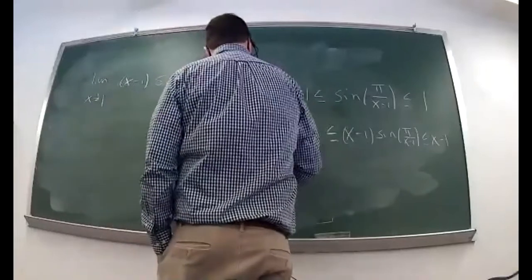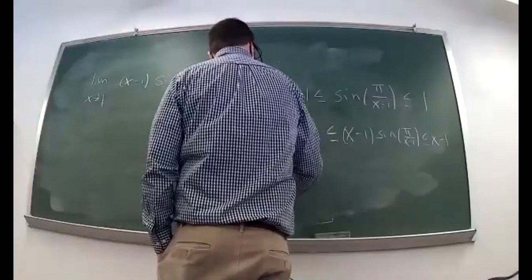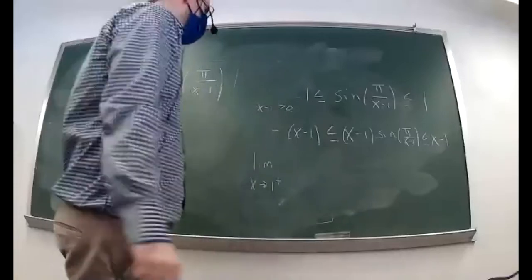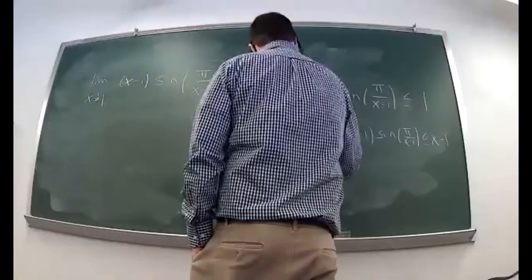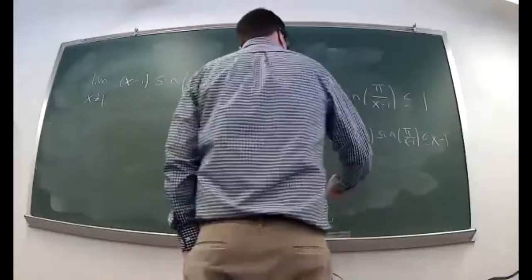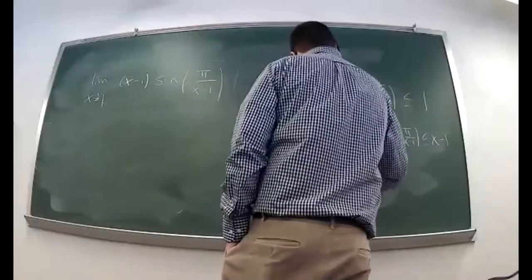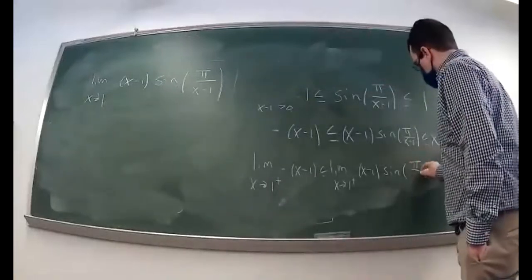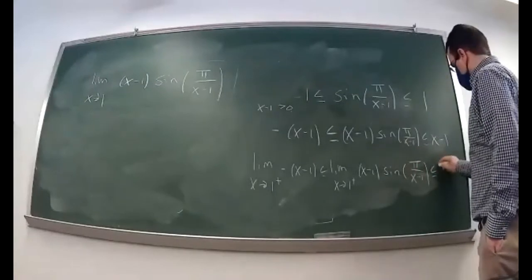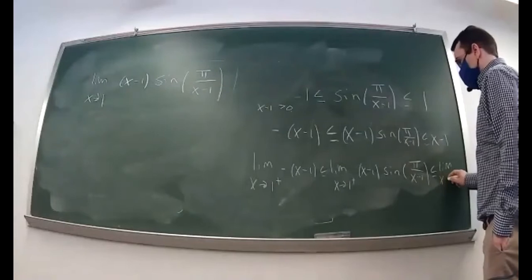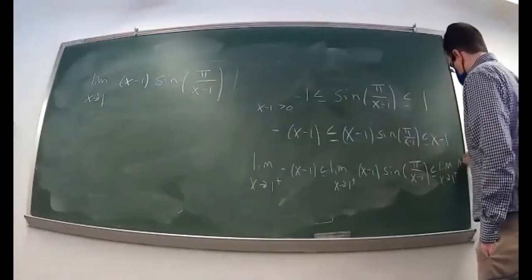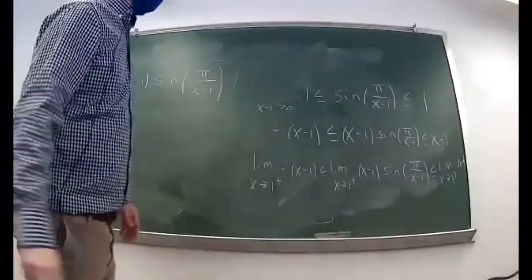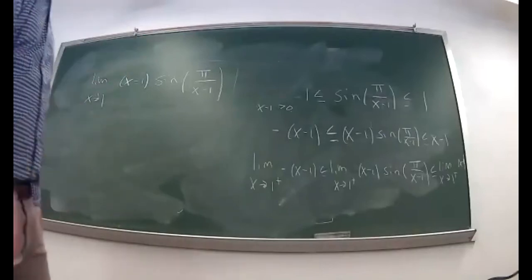So I could just take the limit as x goes to 1 from the right, only considering values that are bigger than 1, so that x minus 1 is bigger than 0. I could look at minus x minus 1. It's going to be less than this limit in the middle. It's going to be less than this limit on the other side. And these limits here, they're equal to each other. As x goes to 1 from the right, you get 0 on the left and 0 on the right, which